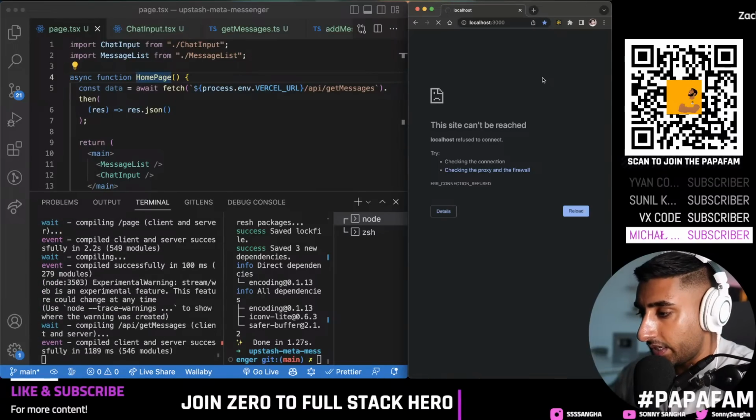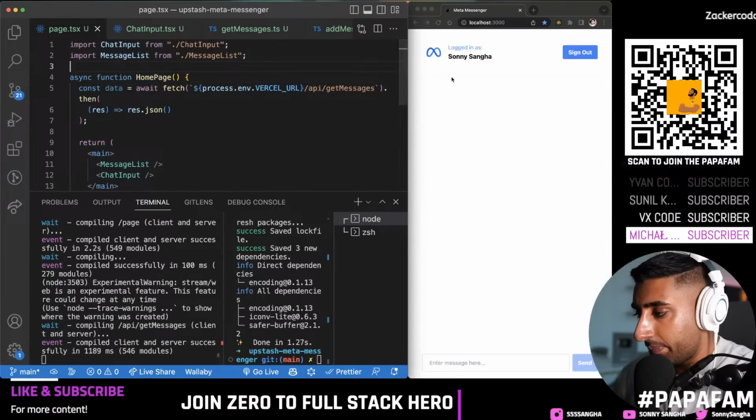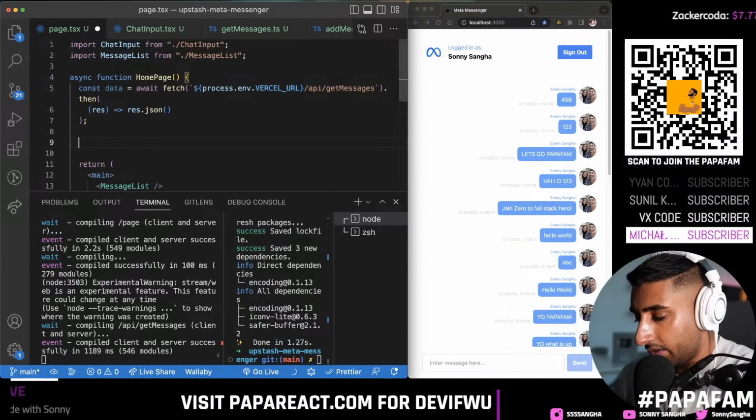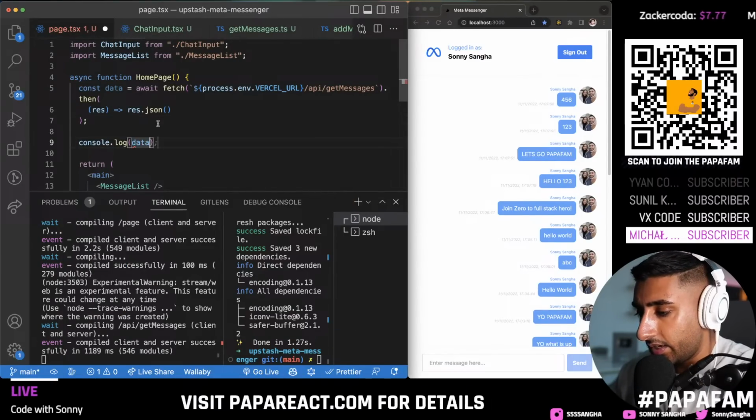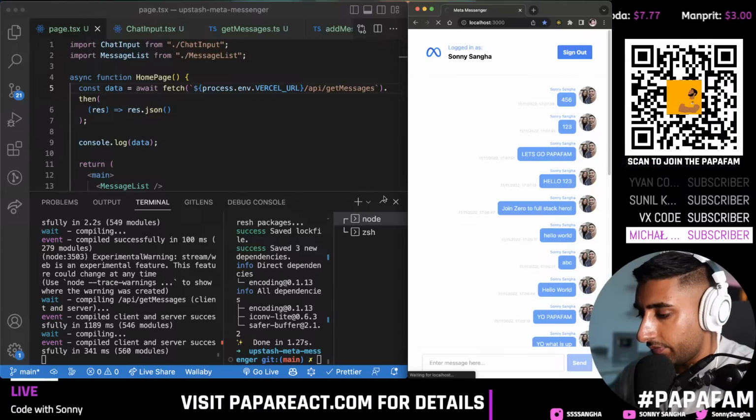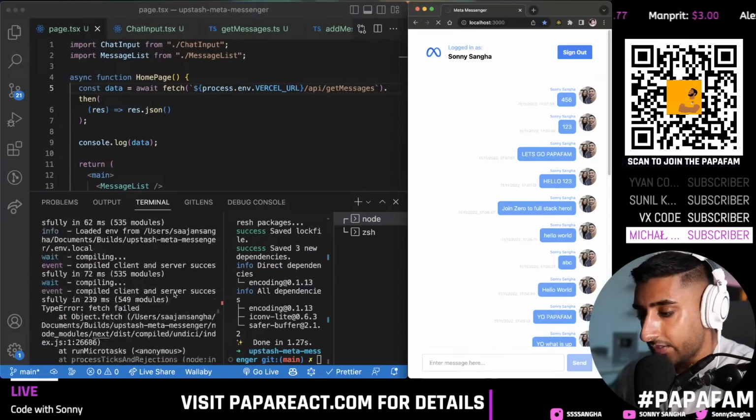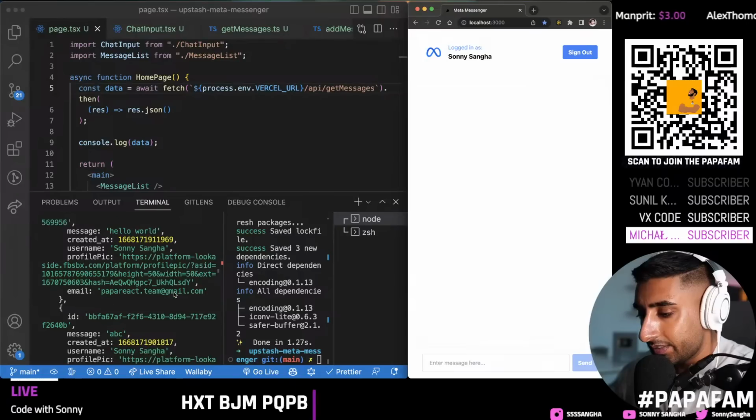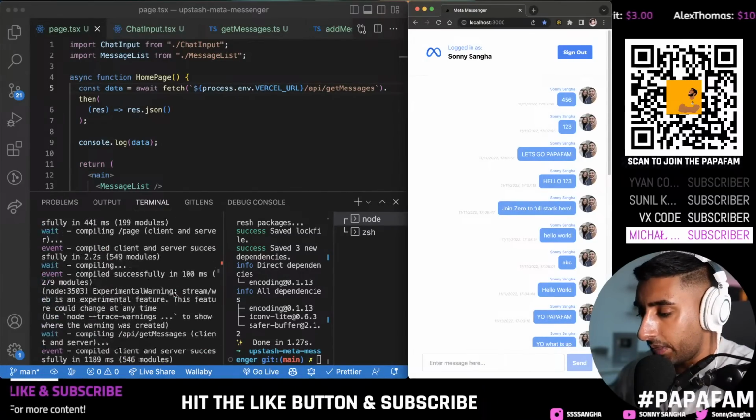So this is now server-side rendering. What it's doing is, before the page renders, it's actually loading that over here. So if I do console log data, we should see that inside of here now. So if I go ahead and do a refresh, it's loading the data beforehand on the server. Really cool, right? So this is the power of server-side rendering, and we're going to do this in a very